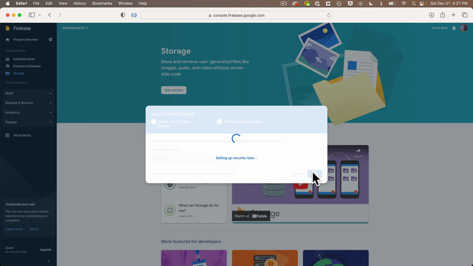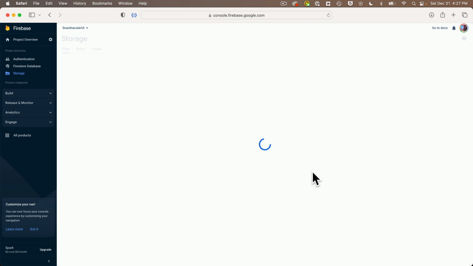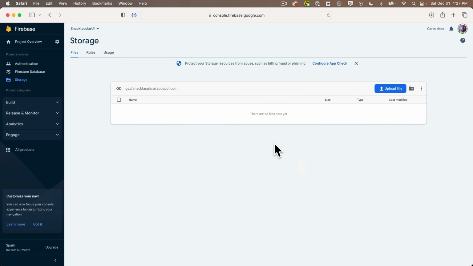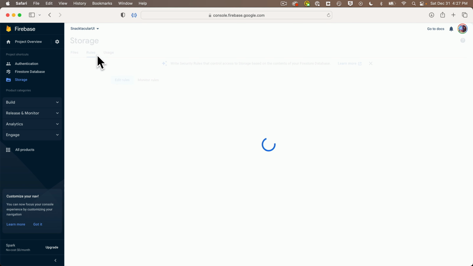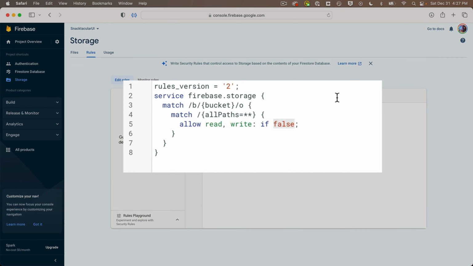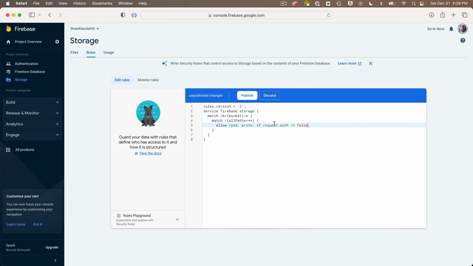Now, this might take a minute to set up, and when you're done, you'll see a blank Firebase Storage console screen. There are no files in here yet, but we do need to set up the access rules. So click on the Rules tab. This isn't the same rules document that we modified when we set up the rules for the Cloud Firestore database, but the idea is the same. So we're going to change if false, which won't allow anyone to access any of these files, to if request.auth does not equal, so that's exclamation point equal, false, meaning we'll allow anyone that does have proper authentication to access